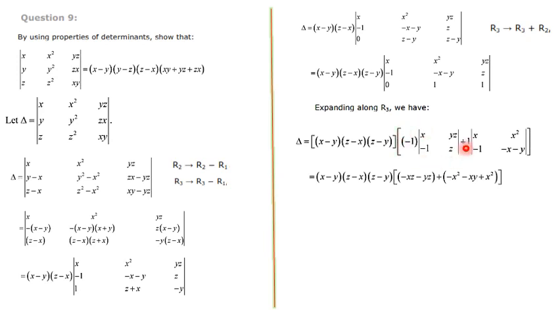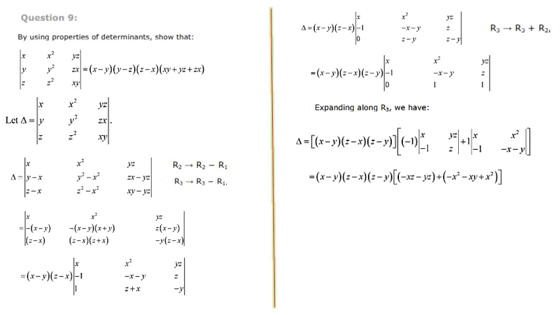Then here some calculation I am doing. If you have difficulty, please take a piece of paper and do the rough calculation. When you expand the determinant, you will get xz minus yz, that is xz plus yz, you will get when you expand the determinant. Once again, xz plus yz you will get while expanding the determinant. I am taking this minus inside, so I will get minus xz minus yz plus this plus.